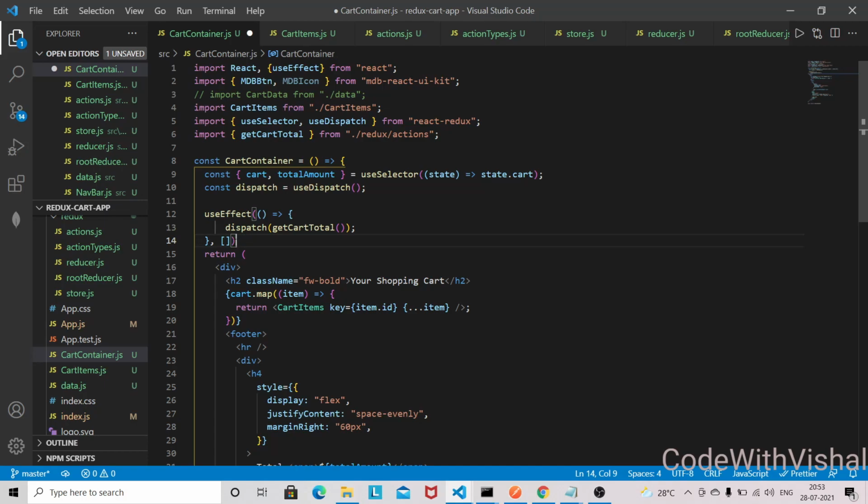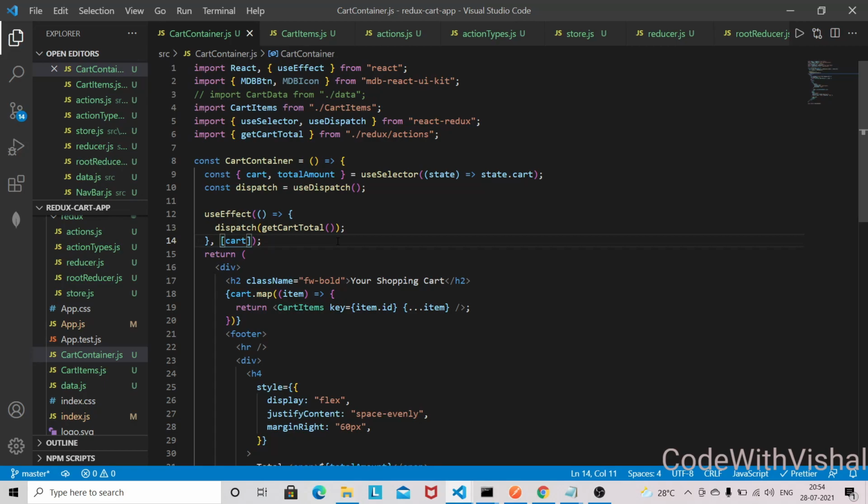So in that case you have to pass the dependency. The dependency will be the cart here, so you need to add this dependency. This will always dispatch whenever you are increasing the quantity or decreasing the quantity, or removing the item from the shopping cart.